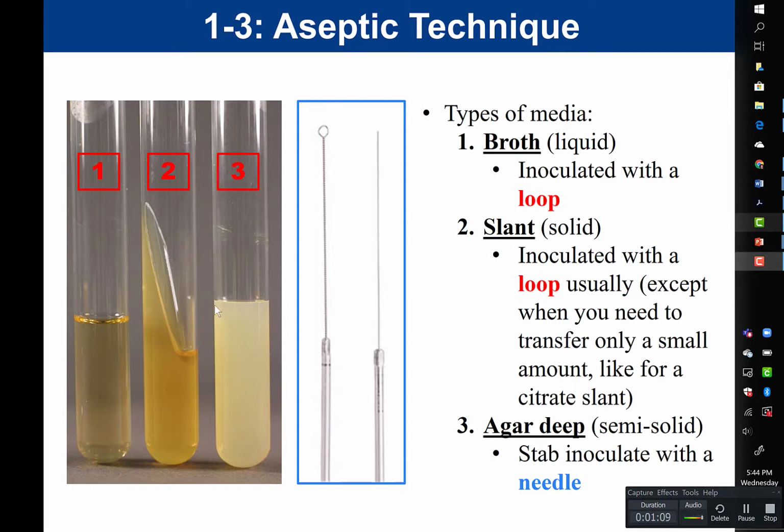And then the last one in terms of tubes would be an agar deep. And an agar deep is going to be a semi-solid. So it's not as solid as a slant, but it's not as liquid as a broth. It's somewhere in between. And because this is a semi-solid, typically the way that this is inoculated is we